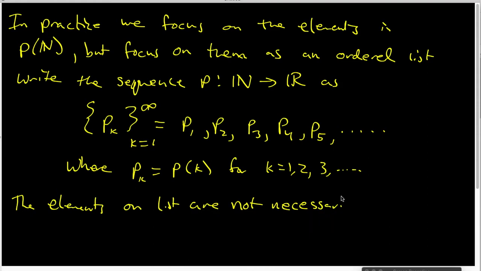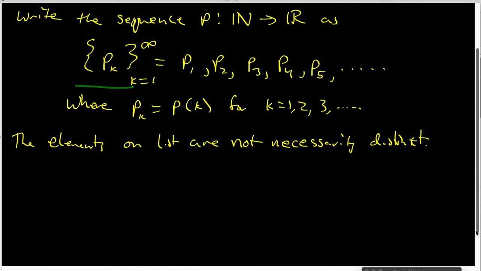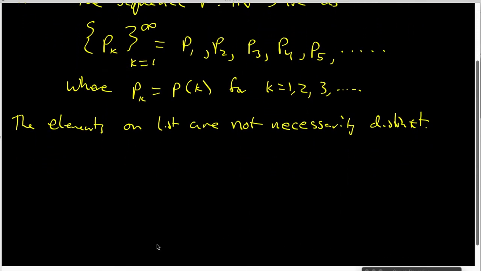So they are not necessarily distinct. And this means that this notation up here, this notation that we're using, is a little bit of an abuse of set theory notation, because most of the time in set theory, sets are unorganized lists where we do not include duplicate elements, or we can get rid of them whenever we want to. So it's important to note that the image